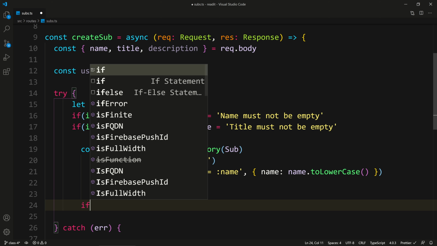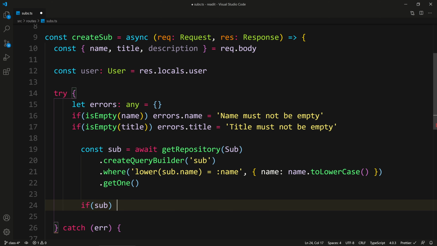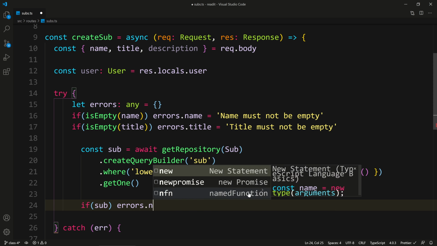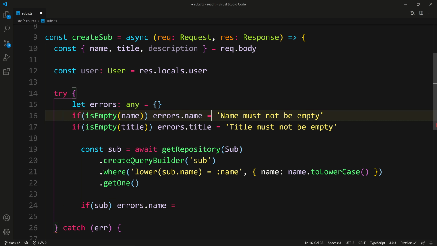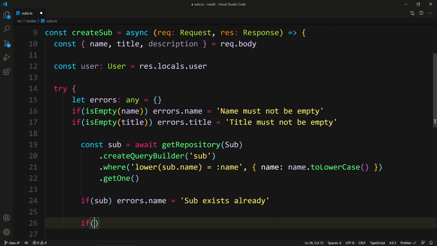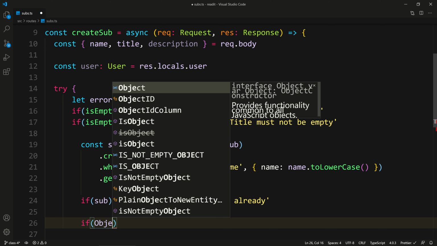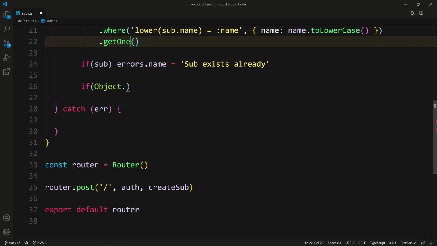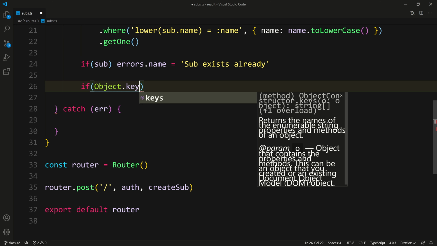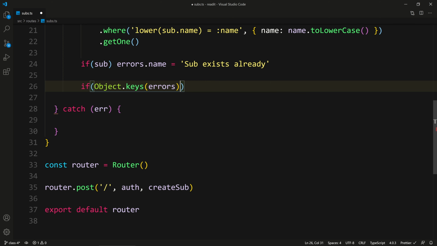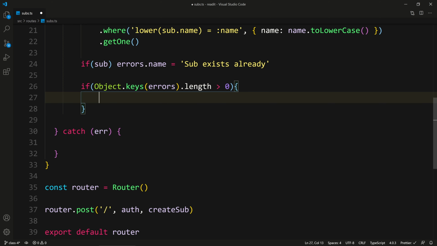Here we'll say if sub exists, then we add another error. So errors.name, or actually if this is empty it's going to fail as well, so it's okay that we say errors.name 'Sub exists already'. And now, of course, if we have any errors, we'll say if Object.keys of errors.length is bigger than 0, then, of course, actually what I'm going to do is